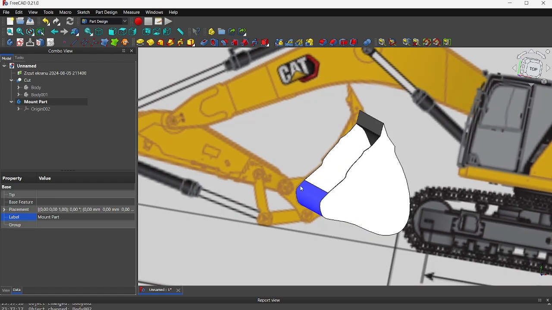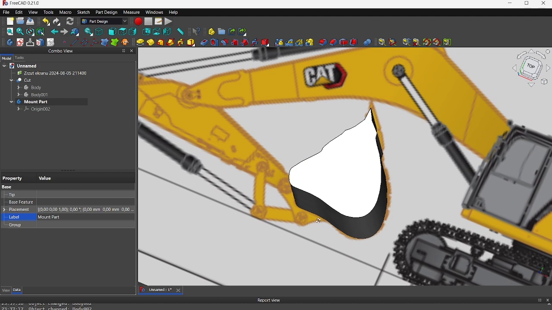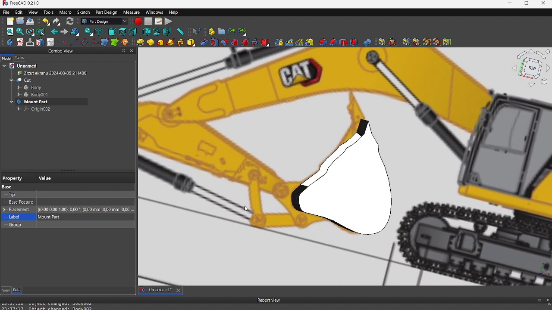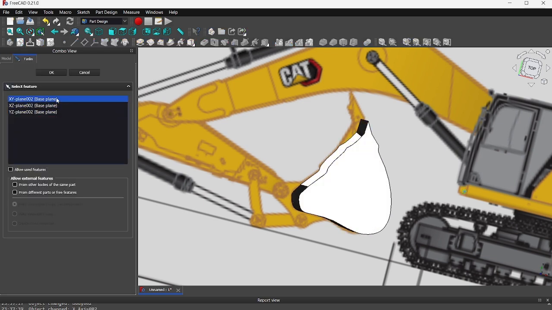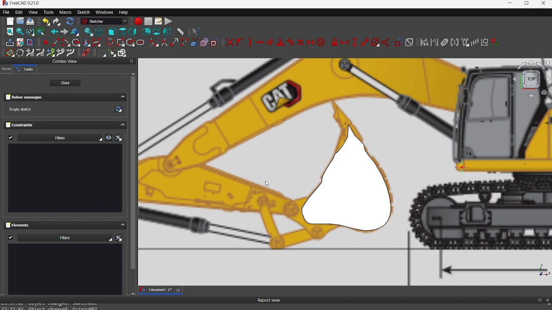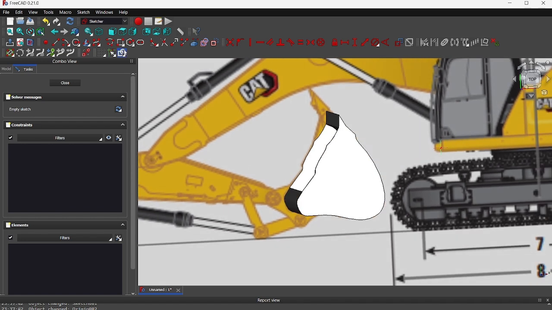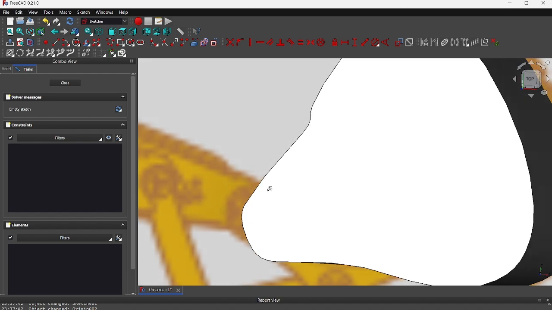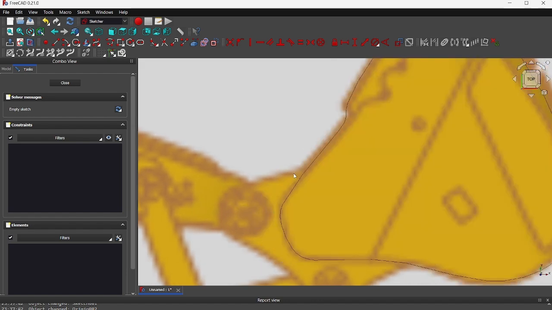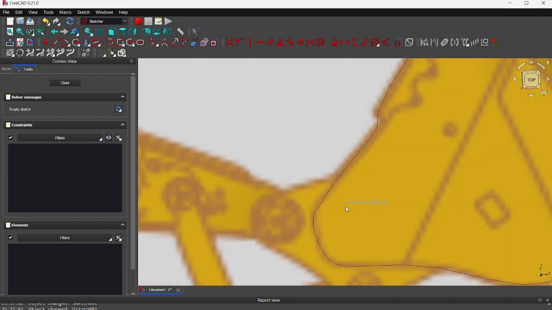Let's say we will start here and we will end here. So make your sketch, and using this spline from point, firstly let's use the